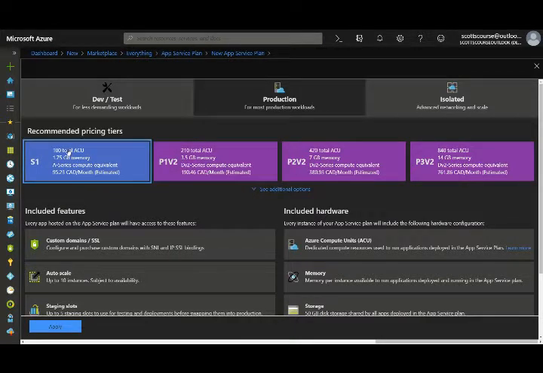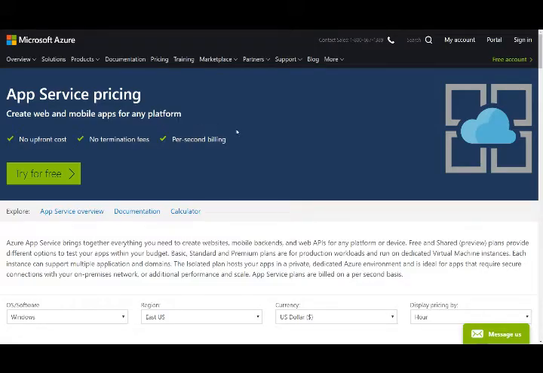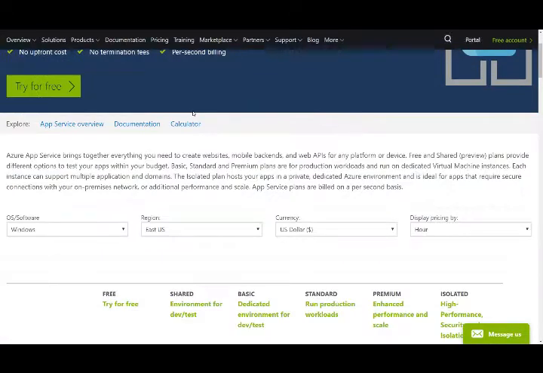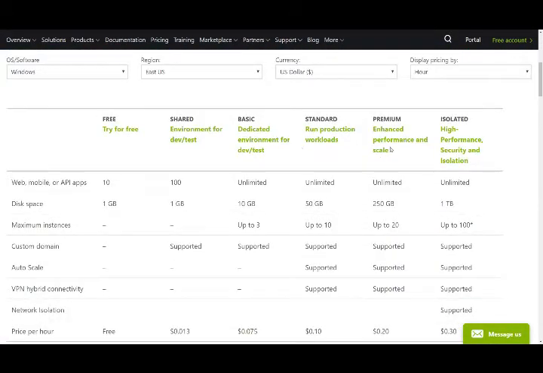They're just saying comparison-wise, this is 100, this is 200, this is 400, and this is 800. And you can expect the P2 V2 is half as fast and half as performant as the P3 V2. So we can sort of see this ACU concept. Now I'm going to switch over to the Microsoft web page on App Services. And if we scroll down a bit, we can see in a column format the differences